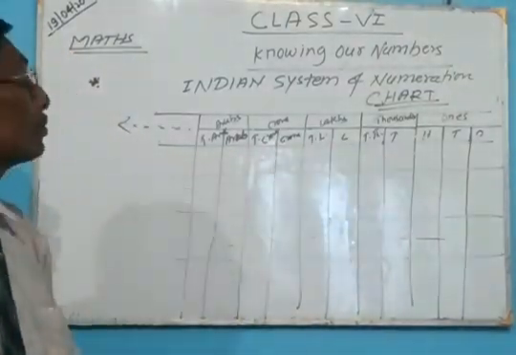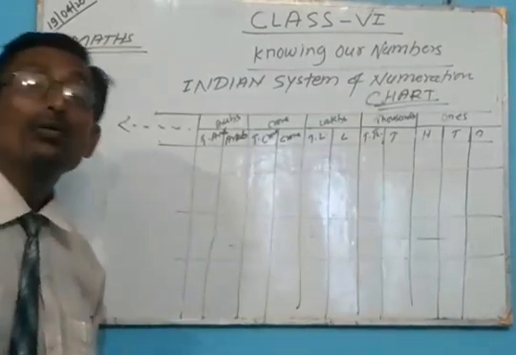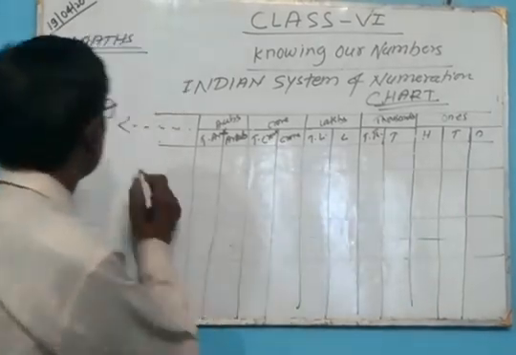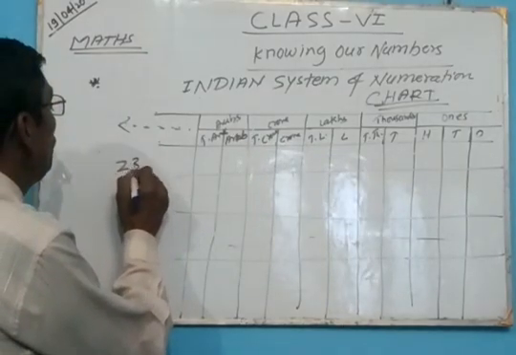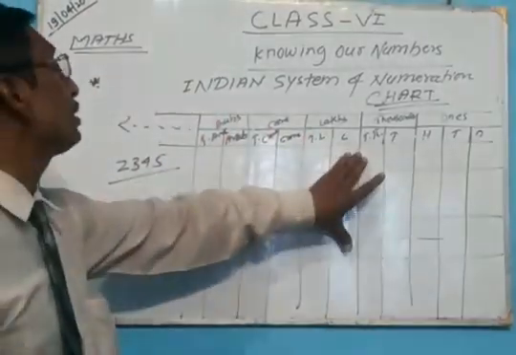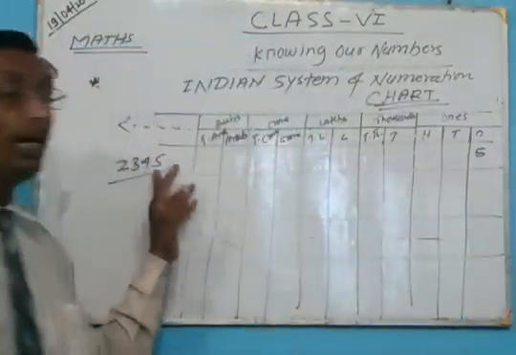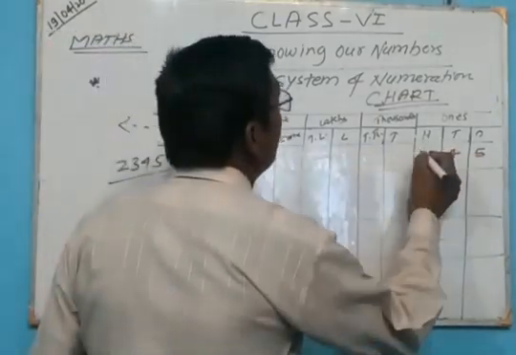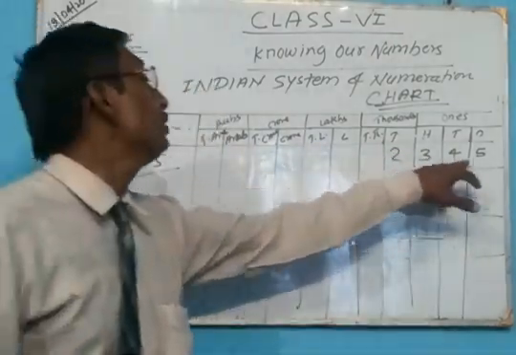So in the Indian system, the first is divided into three classes, but the others are divided into two: thousand and 10,000, lakh and 10 lakh. That's all. So, for example, when we place numbers into this chart, how can we do it? Let's come to an example. Suppose you have the number 2, 3, 4, 5. How will we place this number into this chart? First of all, 5 comes at the ones place, 4 at the tens place, and 3 here and 2 here.